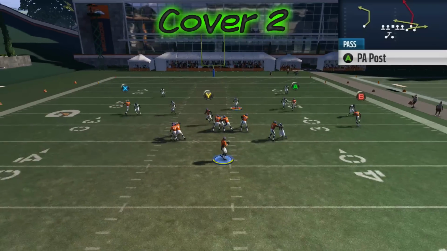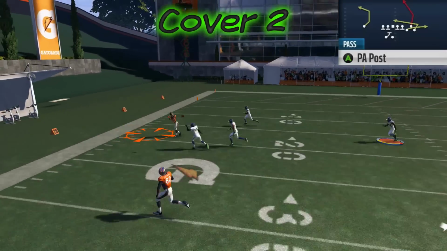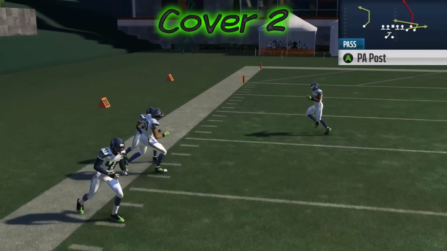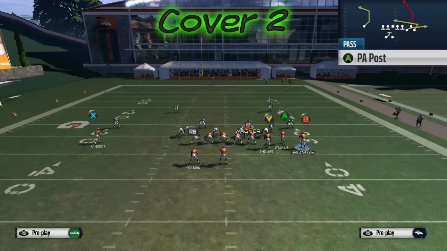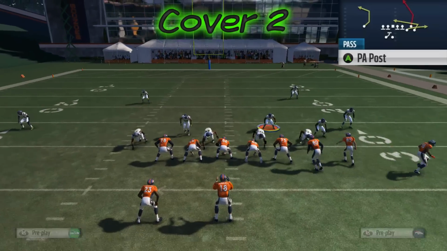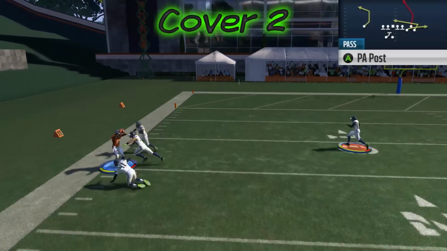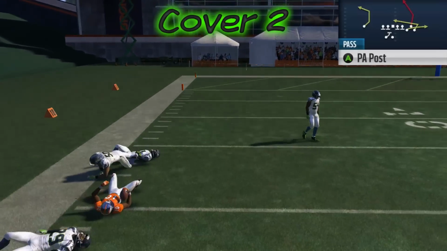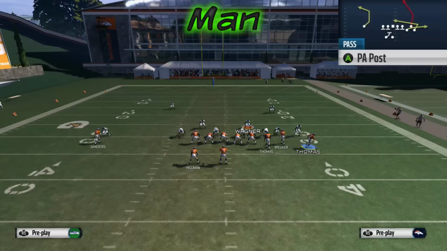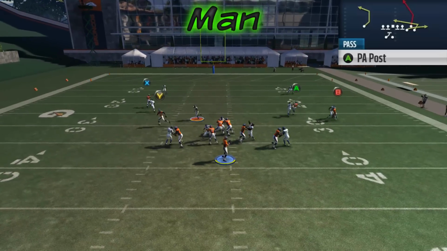From the right hash, the C route is a pass that you can make against cover 2, but it is very tight. I would suggest going elsewhere and throwing the underneath passes rather than throwing the C route on the left side of the field. Again, you can get it, but you have to read it. You have to wait until the drag pulls the cover 2 flat corner down, and then hold to the outside and bullet pass the ball.